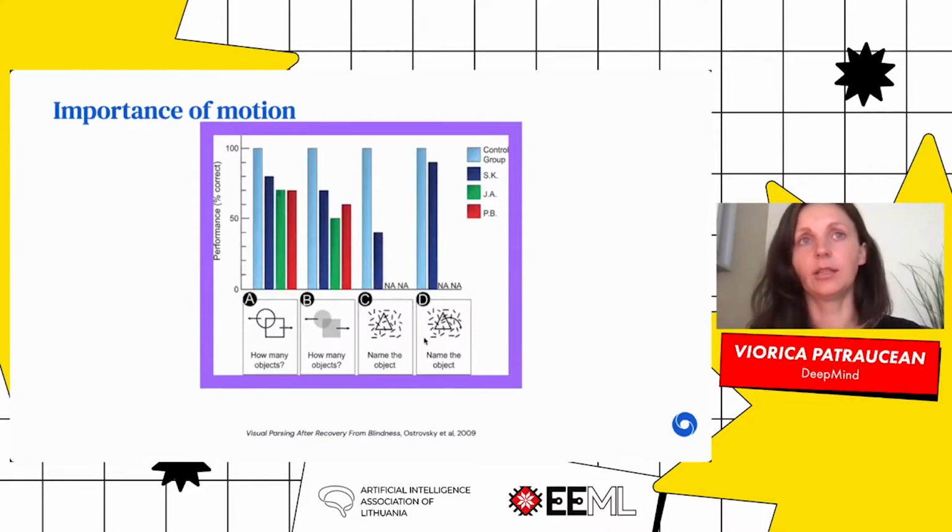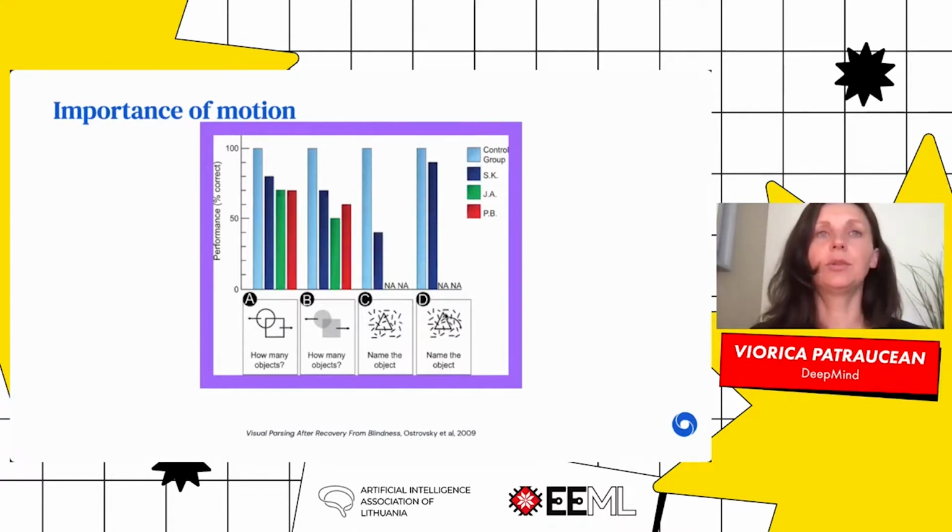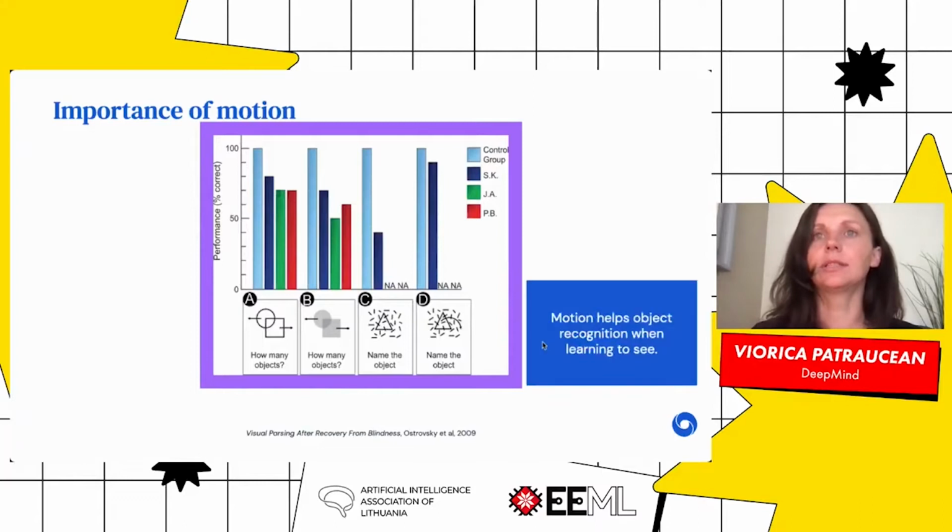Now, another type of images that they were shown is when they had motion attached to the pattern that they were observing. So now they have again the overlapping objects that I've shown before, that they were struggling with when the objects overlap. But now these objects started to move. So they would have different motion patterns. They would move in different directions, or they had objects with background clutter. But again, the object would have some consistent motion.